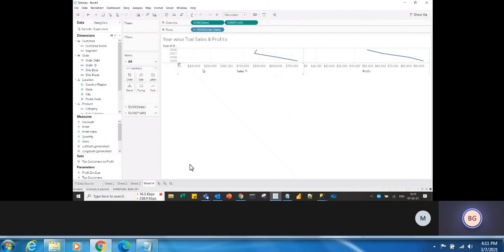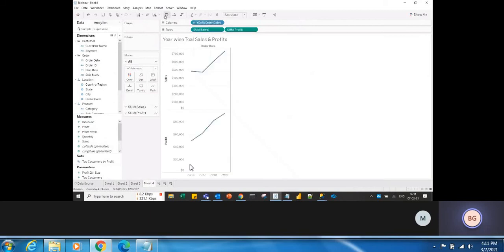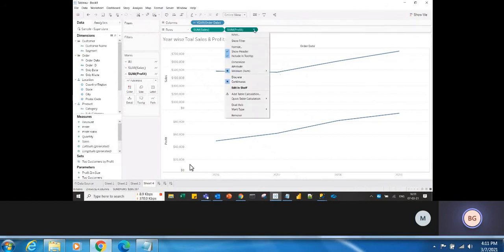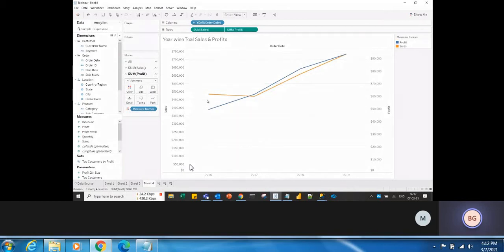Okay, so let me swap the view and take the entire view. This is individual axis. How to make it dual axis is, just click on this arrow. You have an option here to choose dual axis. Okay, so just click on it. See, dual axis is created. See, the pills got merged.